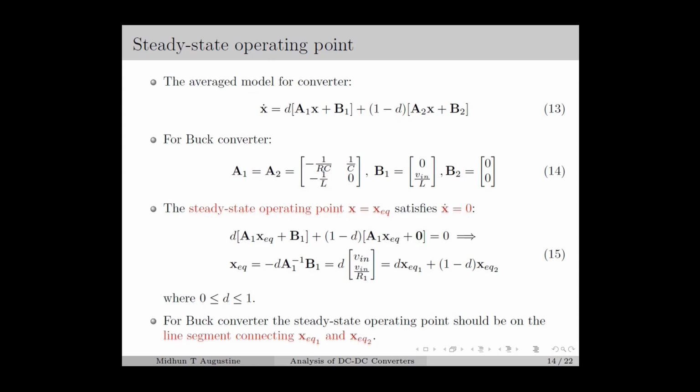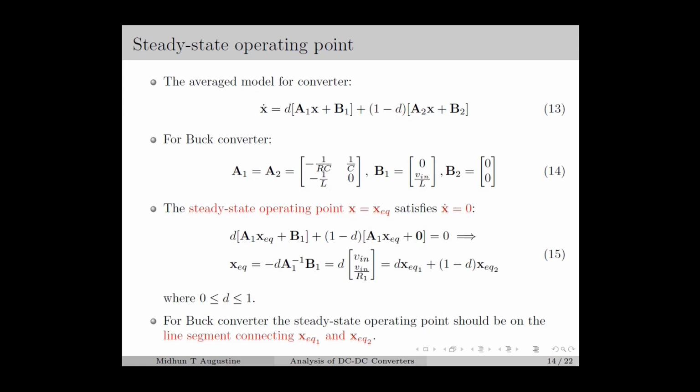For the buck converter, we have A1, A2, B1 and B2 as given in equation number 14. And we denote the steady state operating point as xeq, which is basically the desired equilibrium point of the converter. And we have x dot should be 0 at x equal to xeq. Now for the state space averaged model given in equation number 13, if we substitute the steady state condition x dot equal to 0, we obtain equation number 50, in which we can substitute for A1, A2, B1 and B2